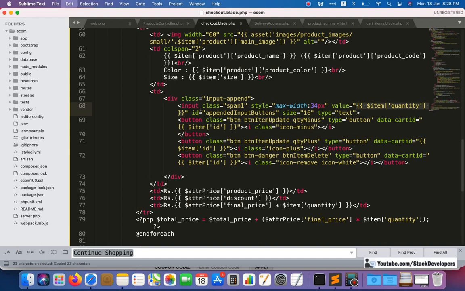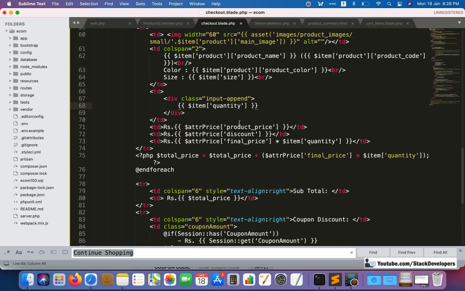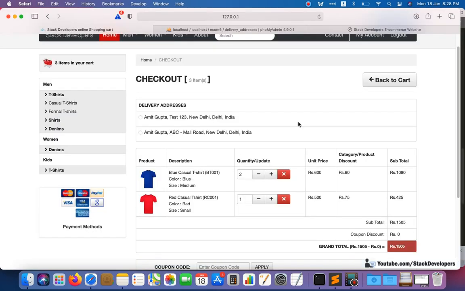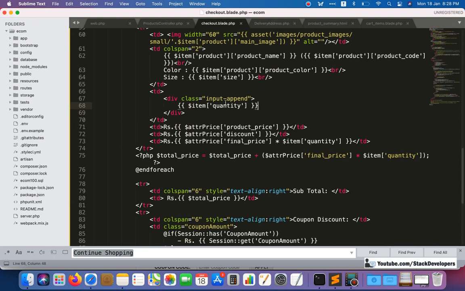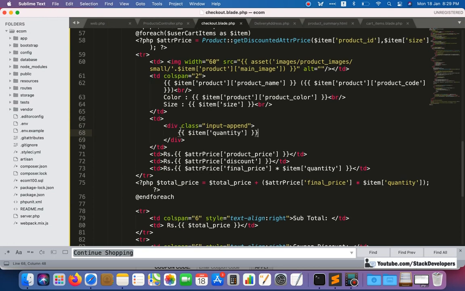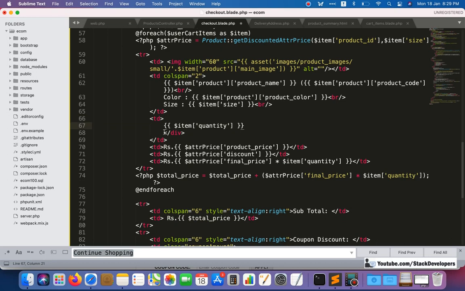Okay, view item quantity, here we can remove everything and we can show here item quantity in a simple way. It is not coming though. We are going to check it out why it is not coming. We can remove the div as well, and now we can check.